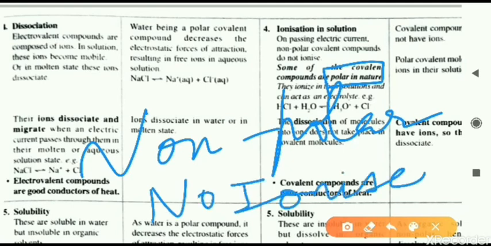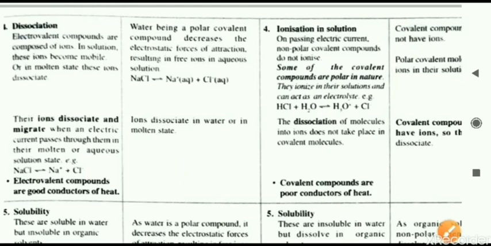If you put this in water or any other polar solvent, not only water, it can be alcohol. Alcohol is also a polar solvent. So just for examples I am telling you. If we take any polar solvent and try to dissolve an ionic compound, it will dissolve. But if we take any polar solvent and take any non-polar compound, that is covalent bond, then it will not dissociate.